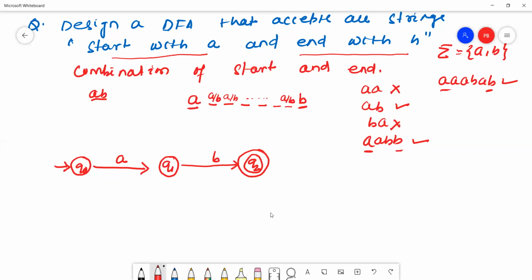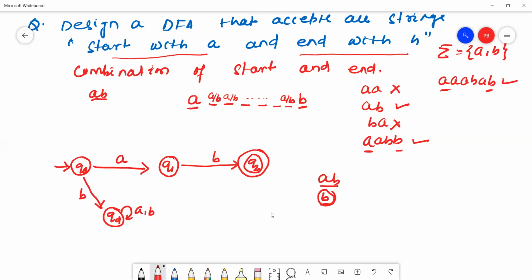This string must start with A and end with B. Remember, the string cannot start with B. If the string starts with B, it will go to the dead state.